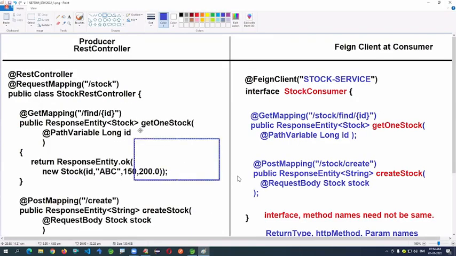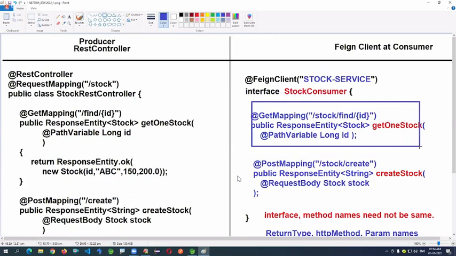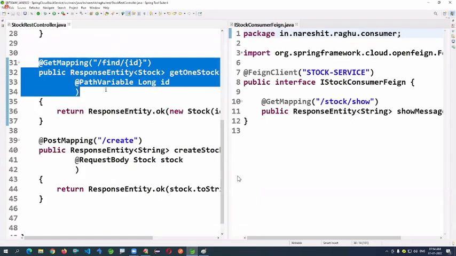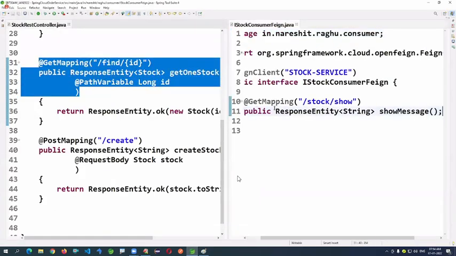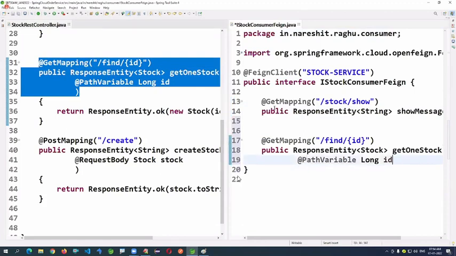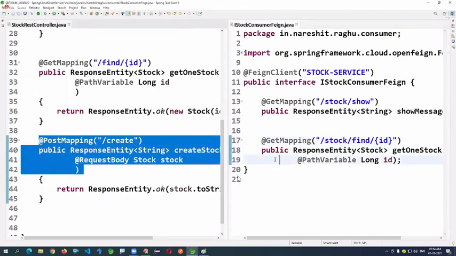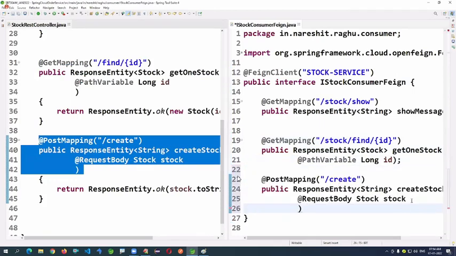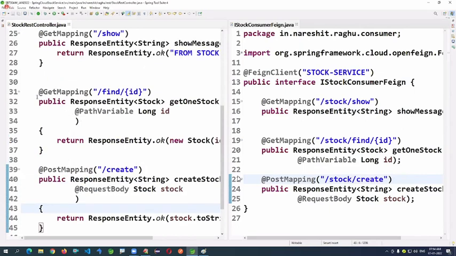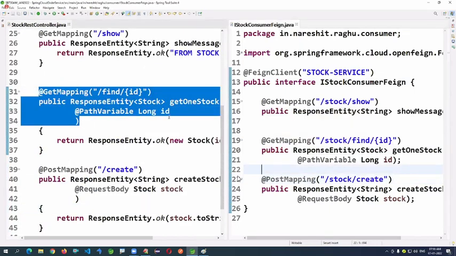Here 10 methods are there. You need not write 10 here; you write only 6 or 4, however many you want to access. Just copy this method and paste it here in abstract format.